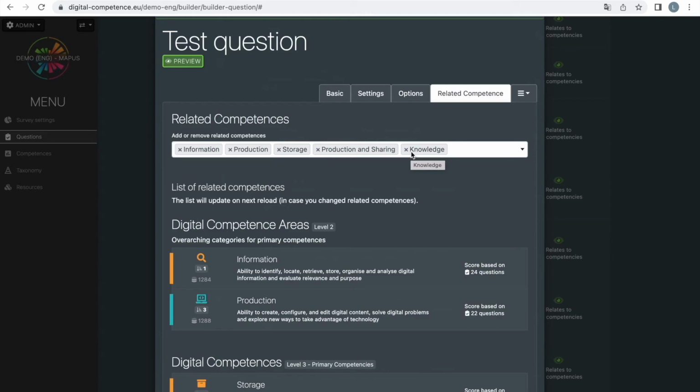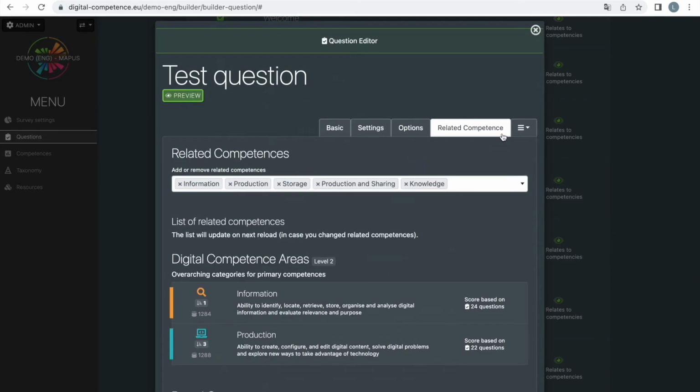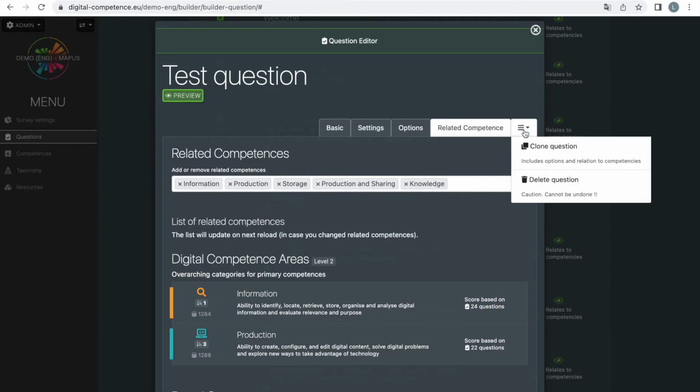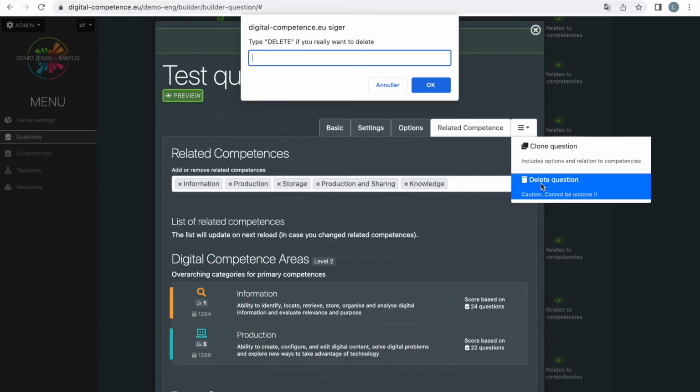The last thing I'm going to show you in question building is the safety mechanism regarding deletion. So to delete a question, you press the little arrow over here, and this is both where you clone the question and it's also where you can delete one. So the last thing I'm going to do is delete the test question that we just made. What you do is you press delete,